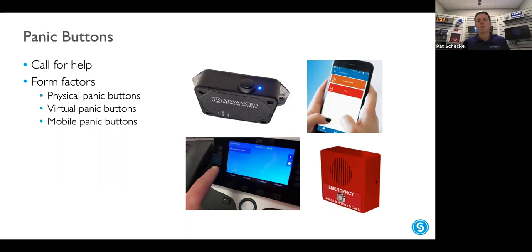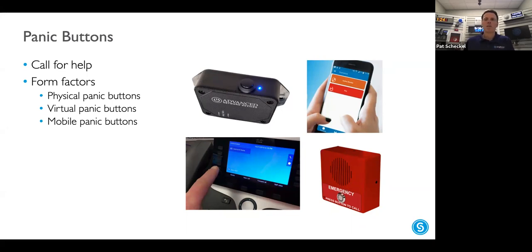One of the simplest ones is in the lower left there, just putting essentially a virtual panic button on a phone and having people hit the phone. The reason you might not want to do that is you might be concerned that person could be seen reaching to press the button. And so that's why the one on the top left there, the one that says advanced network devices on it, you can see how that's built. It's intended to be screwed into the underside of a desk or a table,